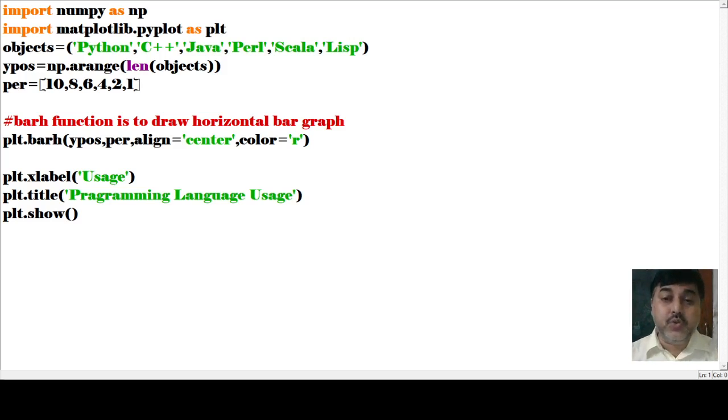As we are calling these two library functions, they will work in various ways and construct the graph that has been given here.